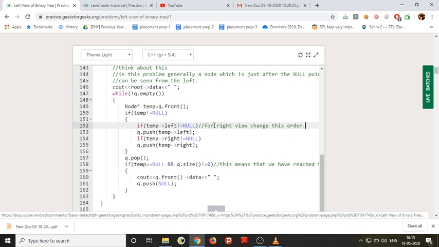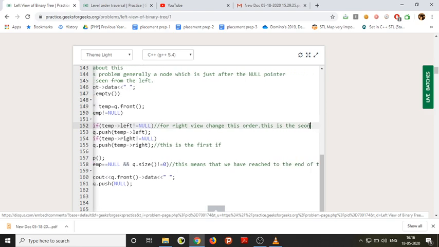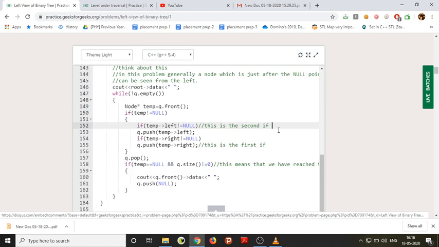I mean, this is the first if and this is the second if. Interchange the if conditions. Then you will automatically get the right view. Please analyze it calmly, then you can clearly understand.